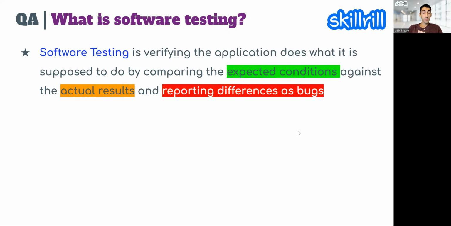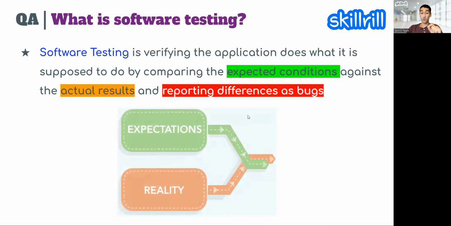Bugs have their own life cycle, and they go back and forth between developers, those engineers who actually type in the code to create the applications, and the testers, right? There's a special relationship between the testers and developers. There's this hate and love. I'm just kidding. They don't hate us. They just don't realize that they're in love with testers. So expected conditions and actual results, those are the two important concepts that I want you to keep in mind.